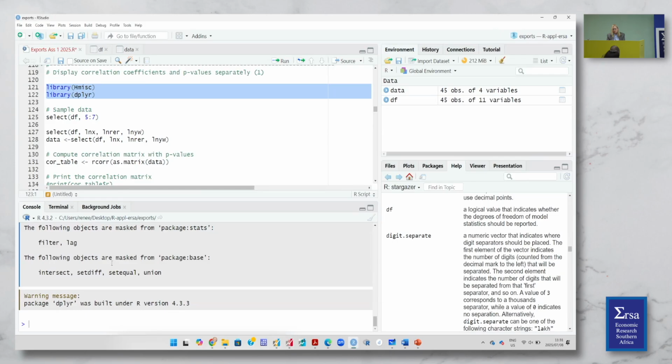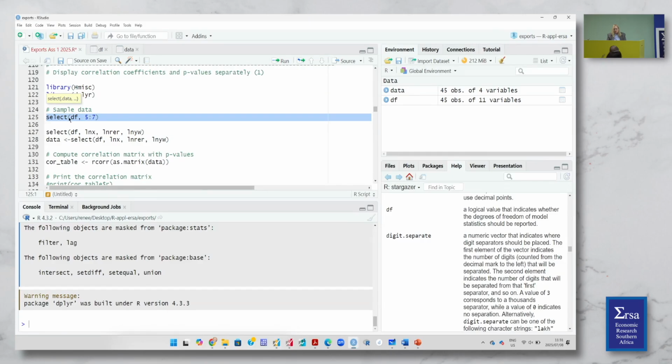And you can see sometimes it gives you a warning, but it simply notifies you that it was developed under a different version than the one you are using. So it's probably best to select the variables by name from the first